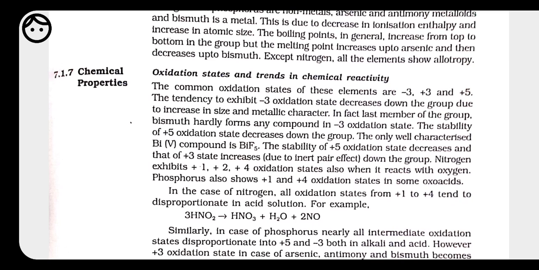Okay, so they cannot form, if we are talking about nitrogen, they do not have the tendency to form 5+ ion, due to the large amount of energy required to do so. So the tendency to form M3+ ions increases on moving down the group due to inert pair effect. Like bismuth and antimony, they mostly form 3+ ion, they do not form +5, because here the s orbital is not going to take part in the reaction.